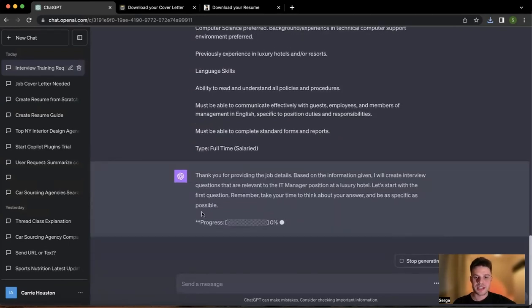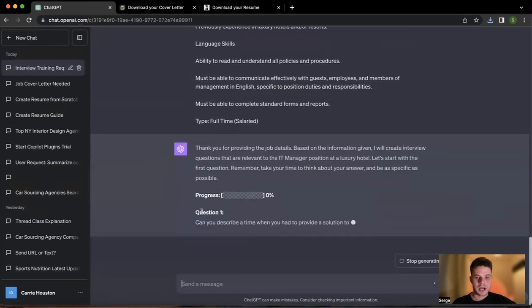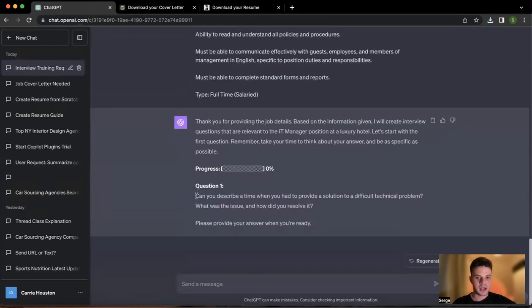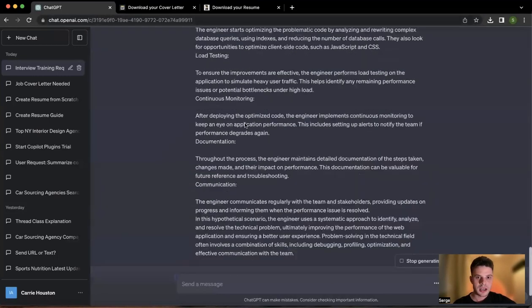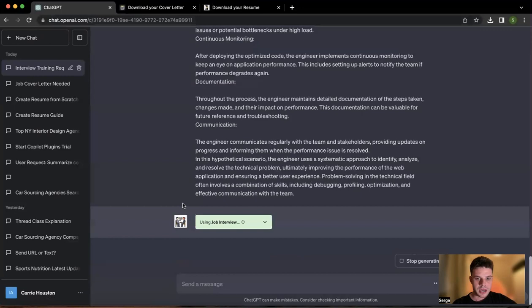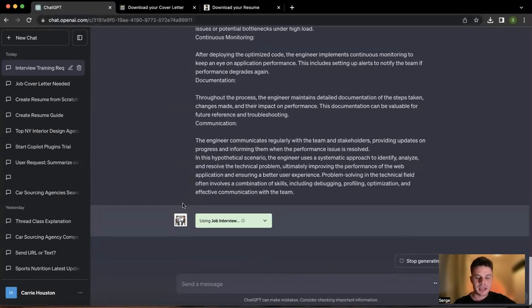Basically, different questions. You can think about the question, how you would reply, and then write it up and go to the next one. And the tool actually will give you feedback on every single one. So for this one, for example, beforehand, I composed an answer. And here we go. It's gonna analyze the answer that you provided and give you feedback based on the structure